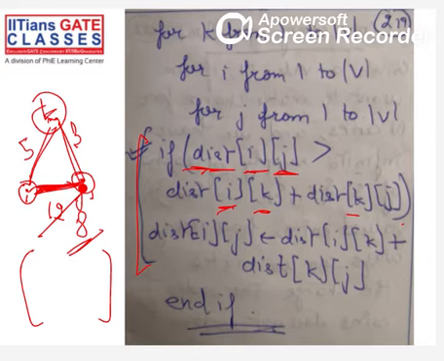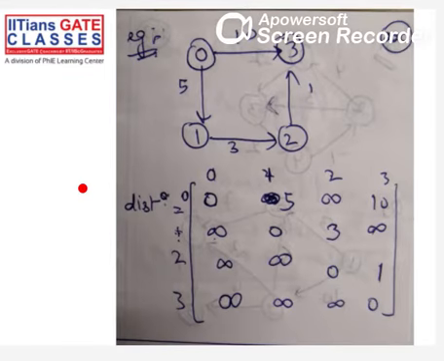Okay, and whenever you update the distance, you'll complete it. So basically you are doing this for all pairs. That means for all values in the matrix, you're trying to do this. Okay, fine. So is the basic algorithm okay? Let me just give you an example also, then I'll ask you the question.